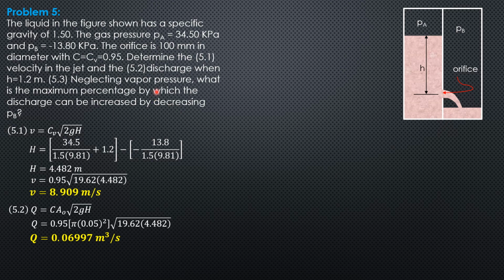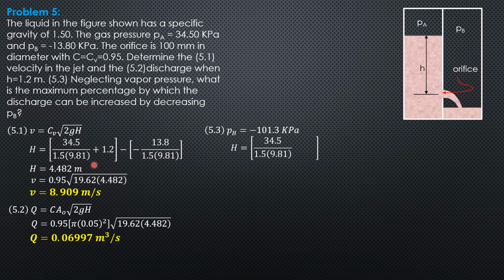So in this case, since vapor pressure is negligible, then we can reduce pressure at B to absolute zero, or negative 101.3 kilopascals gauge. So the pressure at B should be negative 101.3 kilopascals gauge, so that the discharge will increase. So there is suction, perfect vacuum in this chamber, so that the new h would be